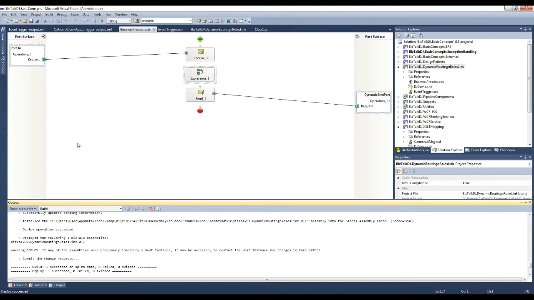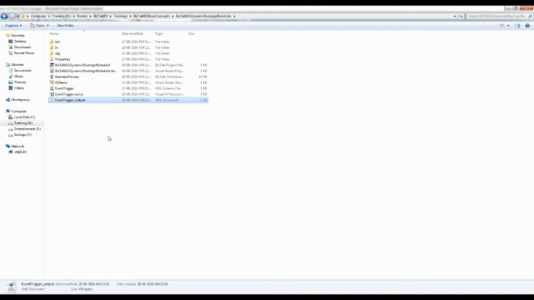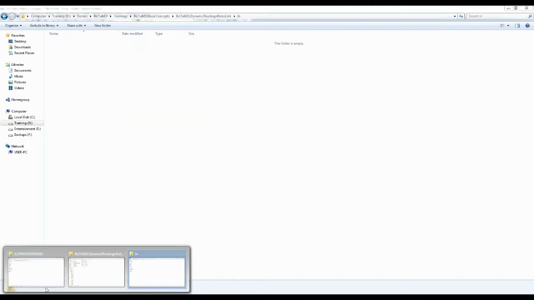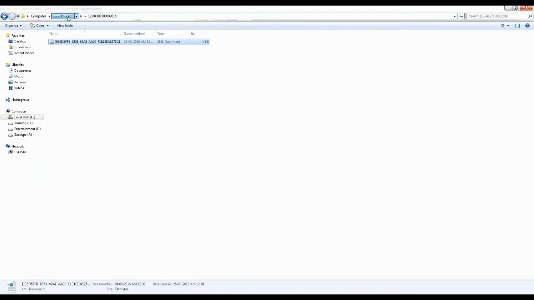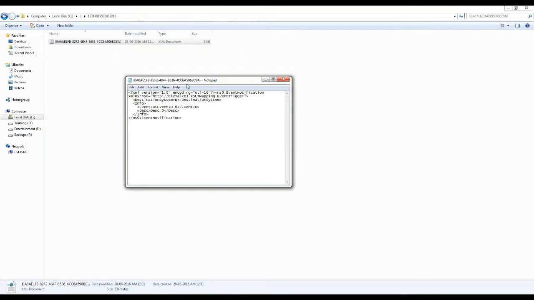Let us process one more message with destination system as B. And as you can see, B directory was created and message was routed to the destination system.